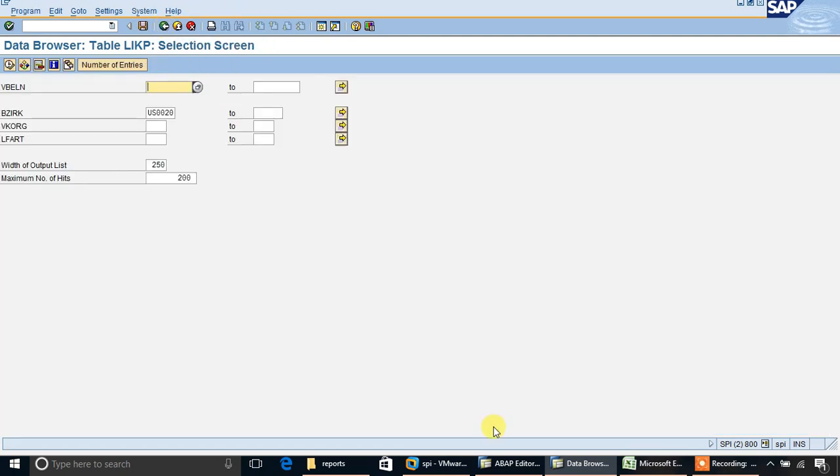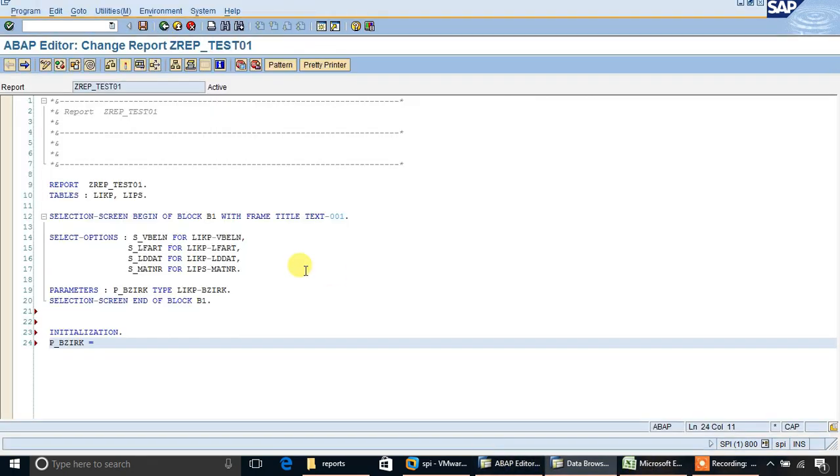Now copy this BZIRK value and initialize it. Now save, check and activate.